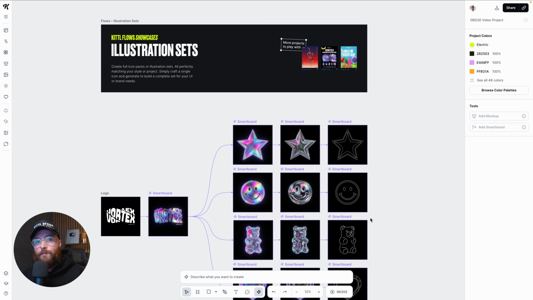especially if you're working on a branding project for a client, or maybe you're already in the final stages, or maybe you're just in the beginning stages and you want to show the client, hey, is this something that you're going for? Or maybe if you're only working on your own stuff, this is a great way to concept really, really quickly. Now, speaking of, with Kittl Flows, you can also go further and create full illustration sets,